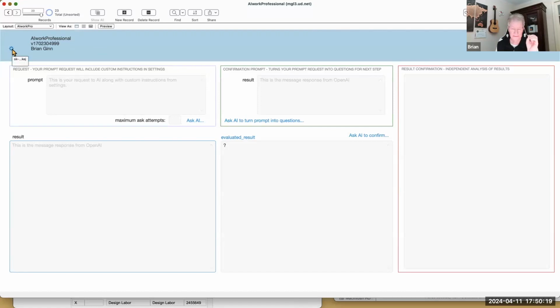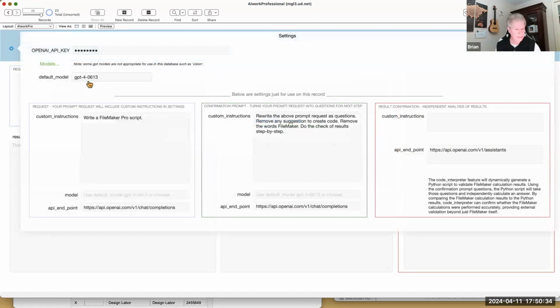This is the bespoke thing that I wrote myself to do everything that you saw up to now, with the exception of images, but it will do calcs. All of this is driven by OpenAI's API. So, FileMaker Pro, we need